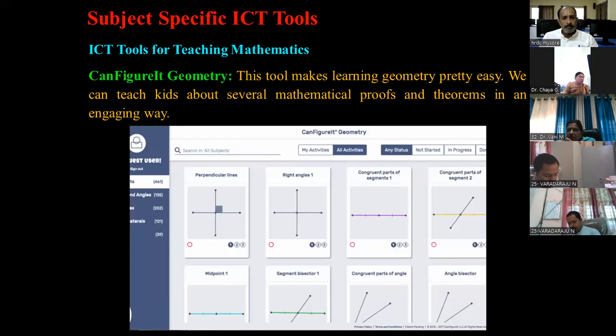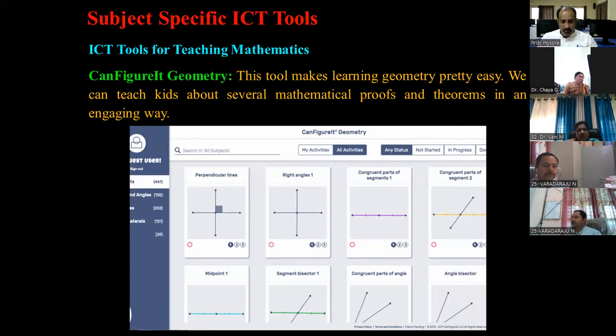I just skipped this. And here is the ICT tool for teaching mathematics. There are mathematics teachers. You see, there is a tool called Configure It Geometry, right? And this tool makes learning geometry pretty easy. We can teach kids about several mathematical proofs and theorems in an engaging way, right? So look at here, there are some images.